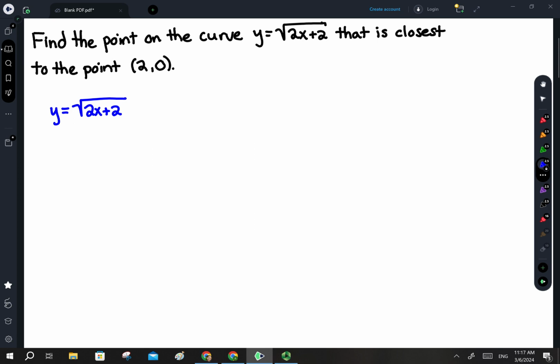common function y equals the square root of x. And to see exactly what combinations of transformations are involved, we can rewrite the square root of 2x plus 2 as the square root of 2 times (x plus 1), and then use the fact that square roots can be applied separately to factors of an expression to rewrite this as the square root of 2 times the square root